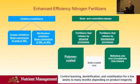And there are several different kinds of enhanced efficiency fertilizers. You have inhibitors on one hand, which protect nitrogen from loss: urease inhibitors and nitrification inhibitors. And then we have slow or controlled release fertilizers, and those are kind of divided into two major categories. We have some that are related to physical restrictions, or they protect nitrogen physically, and then others are more of a chemical or biochemical process. And so today I will be talking specifically about polymer-coated urea,